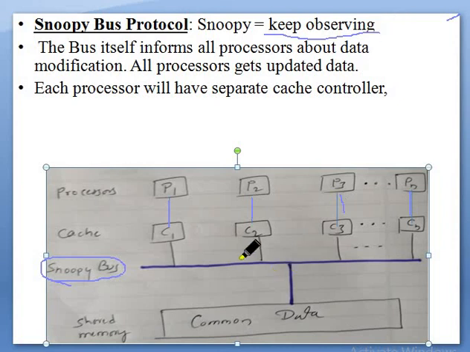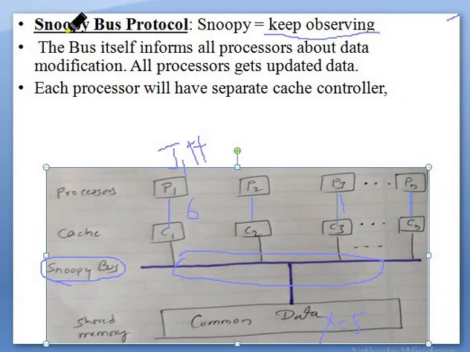Keep observing. See now, let's take the same example, x is equal to 5, and J1 is plus plus, job 1 is increment. So what happens? It becomes 6. This activity takes place over this bus, anywhere in the bus.